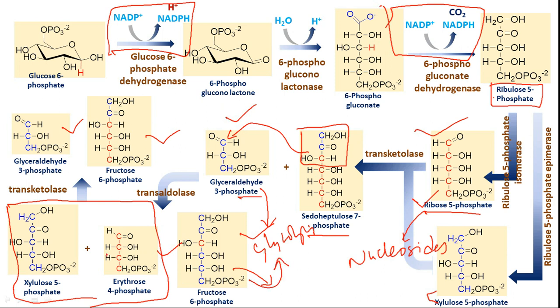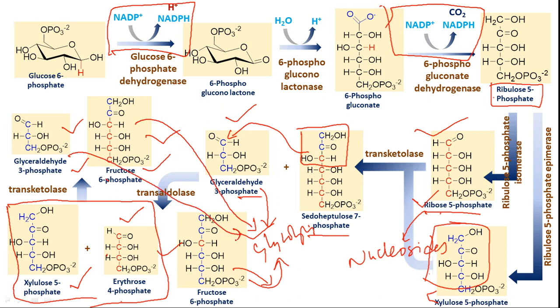And then erythrose 4-phosphate, the waste material over here, and xylulose 5-phosphate, the waste material over here. Okay, so these two react with each other, so that ultimately we are getting fructose 6-phosphate and glyceraldehyde 3-phosphate. Both are submitted to glycolysis. Okay. So friends, this is the way how our cell is making use of a pathway